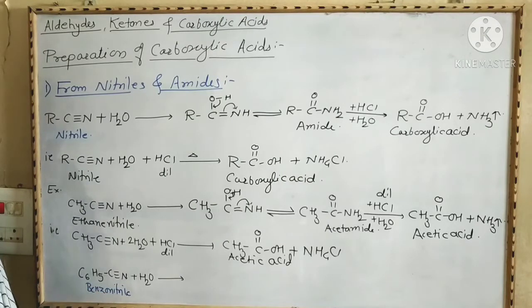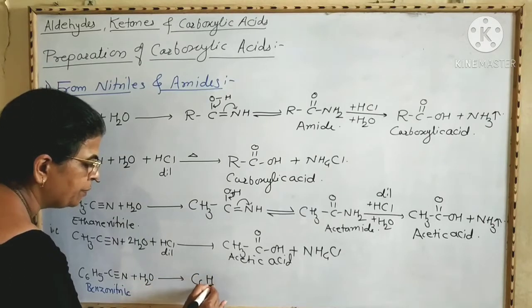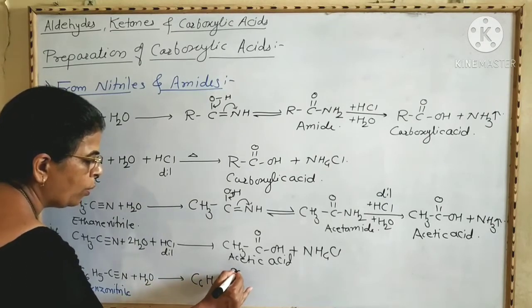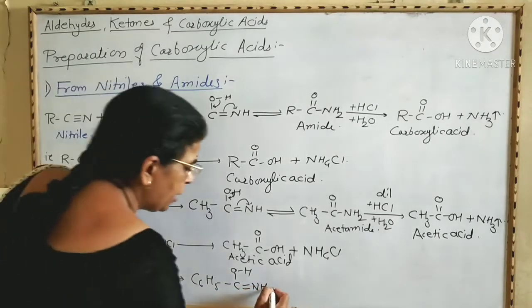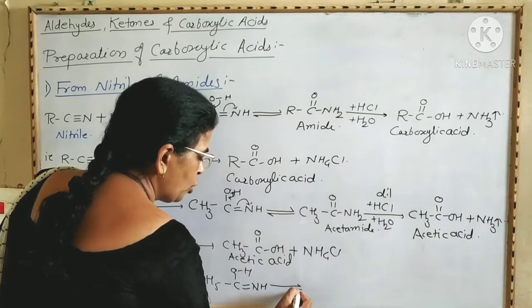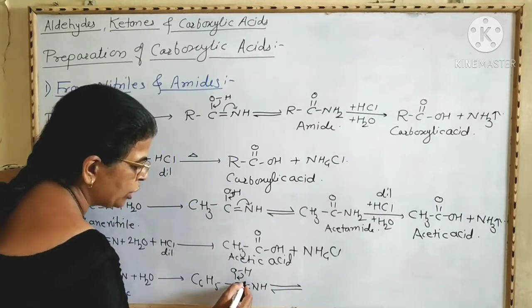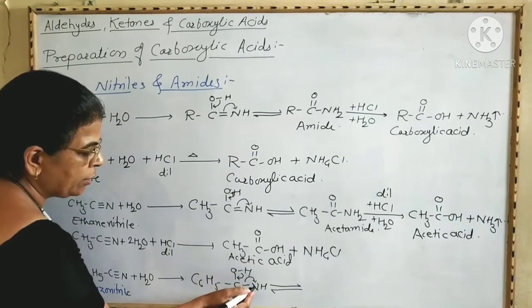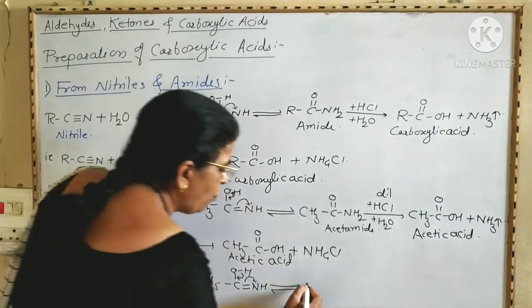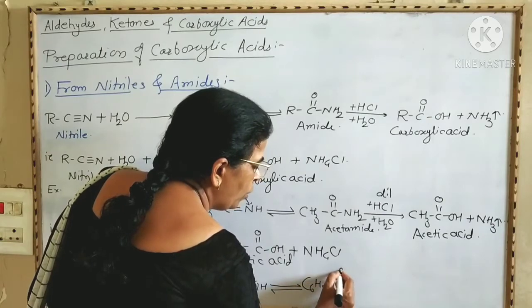Now we are going to see the second example, that is C6H5CN. This is benzonitrile or aromatic nitrile. When this benzonitrile undergoes hydrolysis, first you will get C6H5 C(OH) double bond NH, and then it undergoes isomerism, that is tautomerism. Then these bonds get shifted in between this carbon and oxygen atom. The pi electrons get shifted onto the nitrogen atom, and this hydrogen atom gets attached to this nitrogen atom to form the amide C6H5 C double bond O NH2,